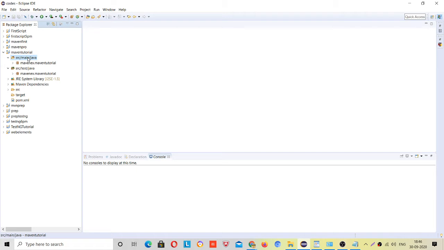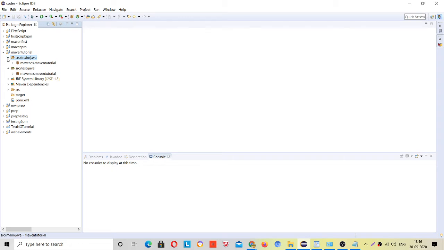Inside that src folder you have another folder, main, and inside main you have the java folder, right? After that, inside the java folder you have the maven x folder, and inside maven x folder there is the maven tutorial folder. I can show you this, right?